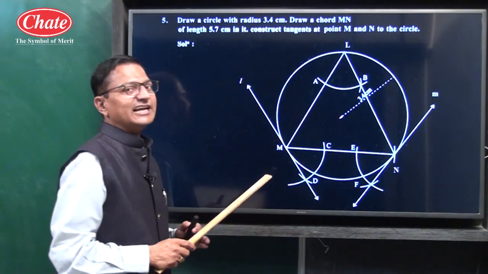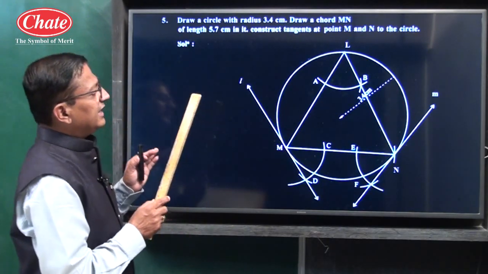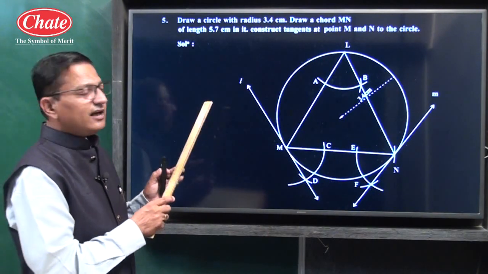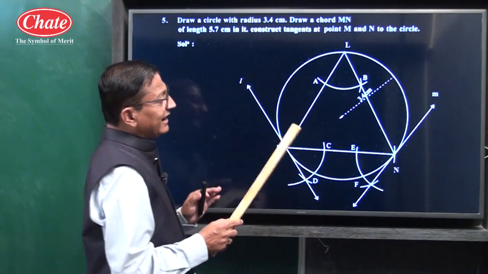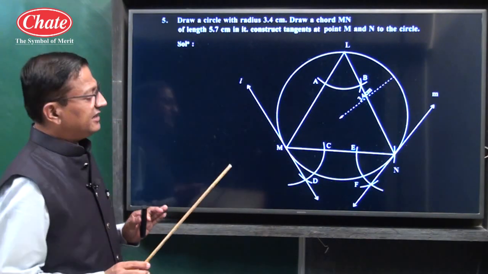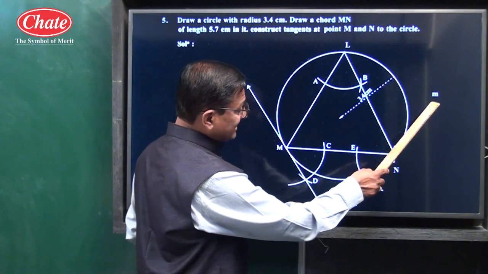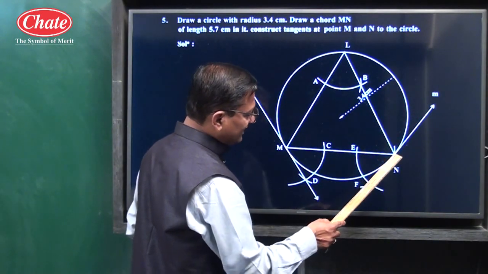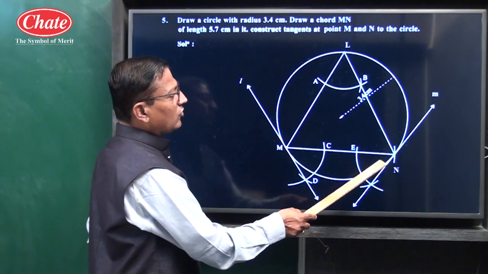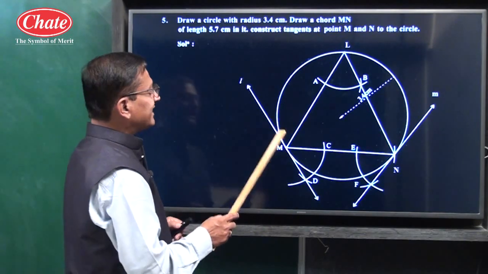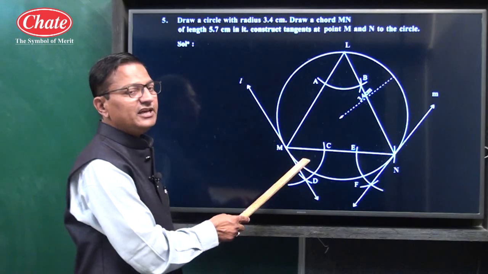Here और एक टेंजेंट जो है वो टेंजेंट हम निकाल सकते हैं. तो क्वेश्चन में क्या दिया है, उन्हें क्या एक्सपेक्टेड है, ये देख के हमें यहाँ कौन से दो एंगल्स कॉन्ग्रुएंट रखने हैं ये देखना पड़ेगा. See here, if we draw a line which is tangent to the circle at point N, this angle and this angle should be congruent. If we draw a tangent passing through point M, this angle and this angle should be congruent.